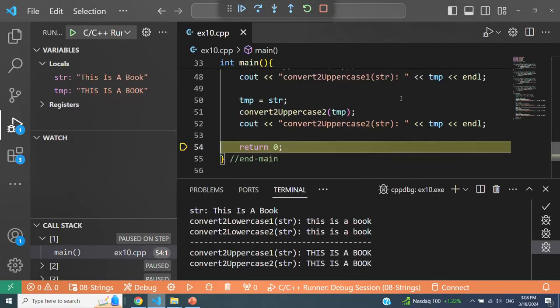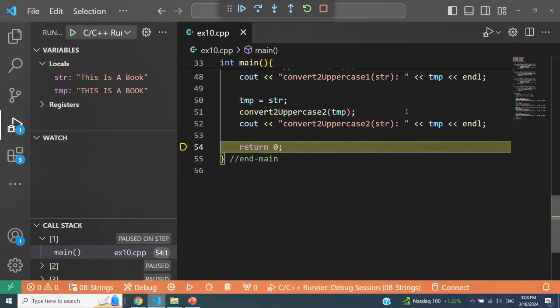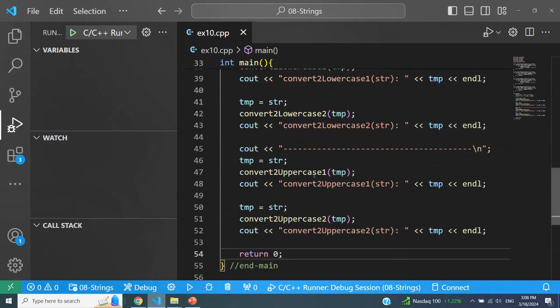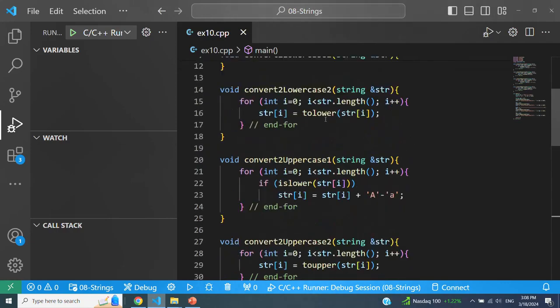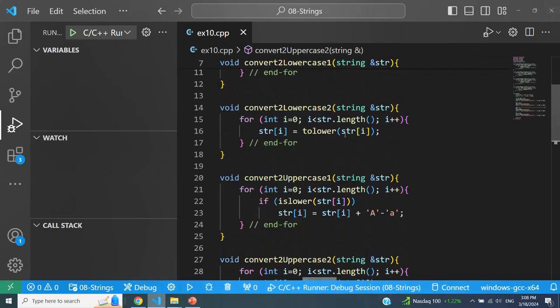So it's gonna convert all the characters to uppercase characters. So bottom line is, it is quite easy to convert between lowercase and uppercase characters by just using toLower and toUpper. Or you could implement it yourself, but it is always better to make use of an already existing and tested implementation from the C++ libraries.